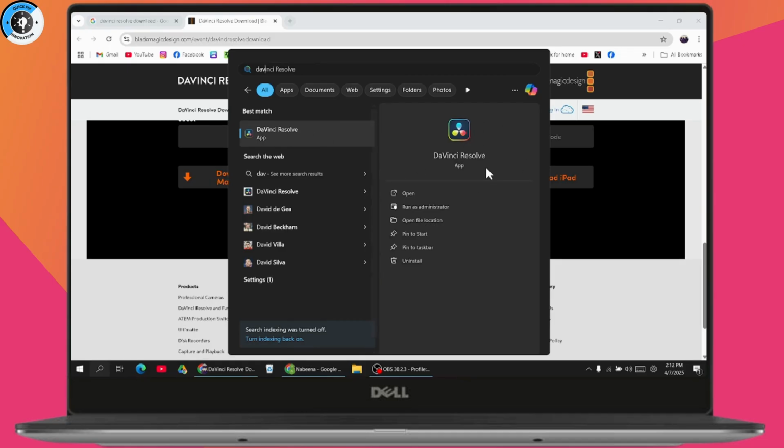So these were the 3 best free video editing software for your Windows PC,